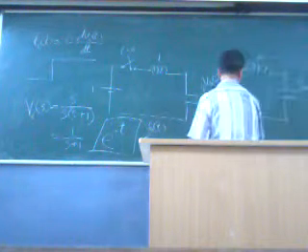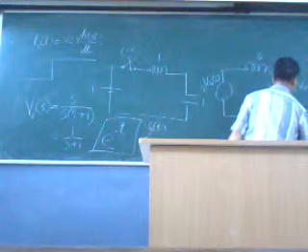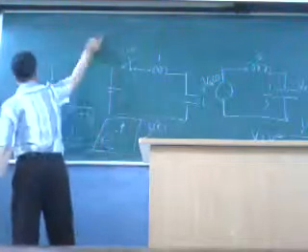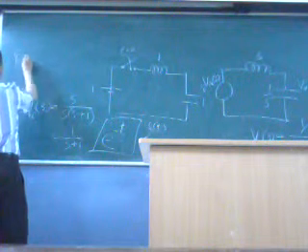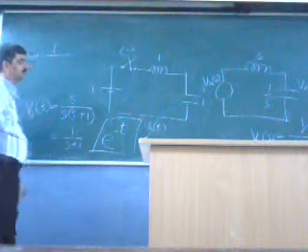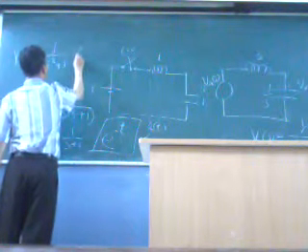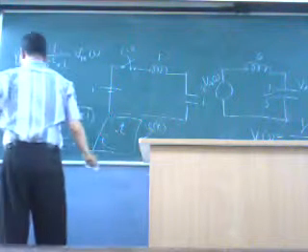So what is the relationship now? Vo(s) is equal to 1 upon S, upon 1 upon S plus S, into Vin(s). So multiply by S everywhere, what do we get? 1 plus S square. Multiplying by S, we get Vo(s) is equal to 1 upon 1 plus S square, upon S square plus 1, into Vin(s). So that comes out to be now.